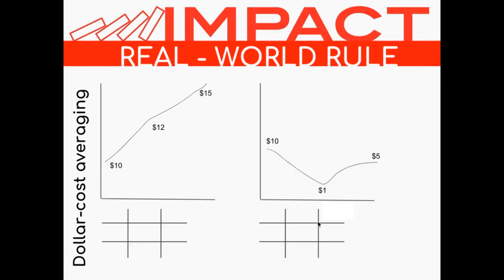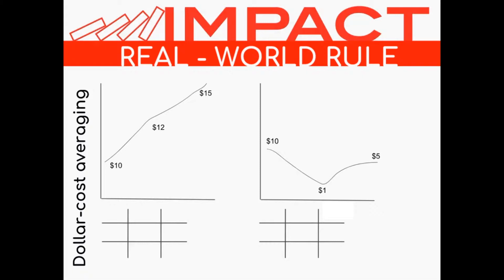Real world rule of money for today is something called dollar cost averaging. In lesson 18, we talked a little bit about dollar cost averaging, of how from one perspective it gives you the feeling, as we talked in lesson 18 again, about how it can bring down the average price of an investment, a share of a mutual fund or a stock, by putting in a certain amount every month.